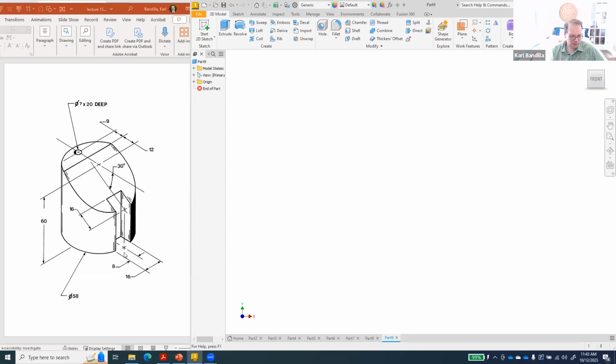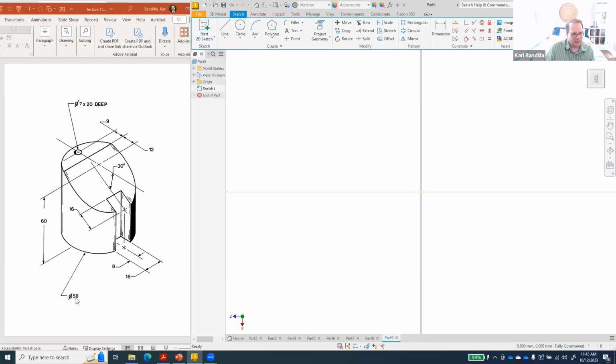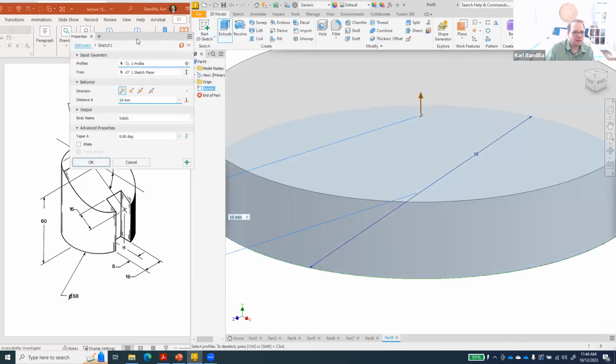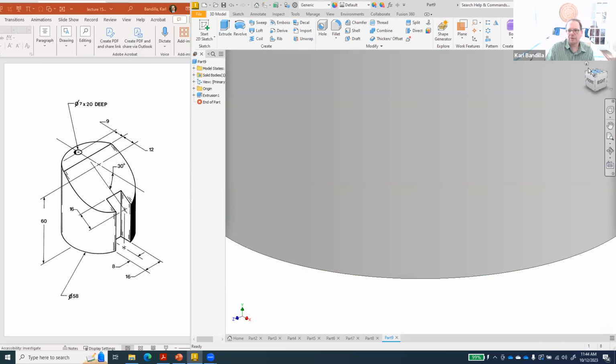But what I like to do with all of these is do the things that I know to do first. So obviously the first thing we'll want to do is create this cylinder, not the big block. It's saying here that the diameter is 58. And that's all we need. Extrude it. It's supposed to be 60 high. And with that, we have